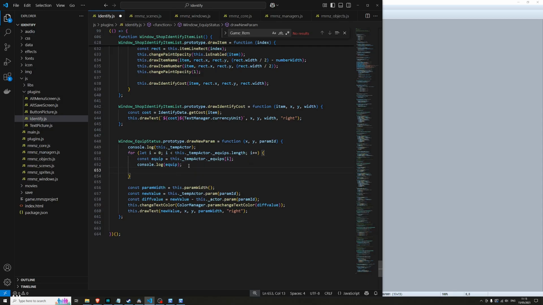So we'll say equals equip dot object, and then we can get